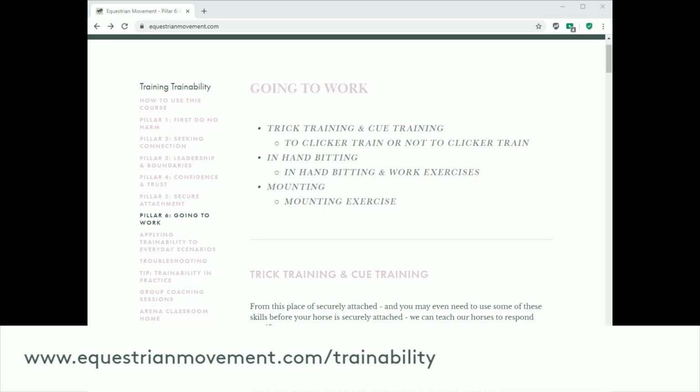So you can get literally all of this information plus access to me in the Facebook group, and that's only $50 a month, and you get that hour of group coaching call. You get the mini trainings where you can send in video and I can coach over top of it. You get the lesson plans that you can take down to the barn to work through with your horses, and you can send in questions in video and get additional support on the implementation of these